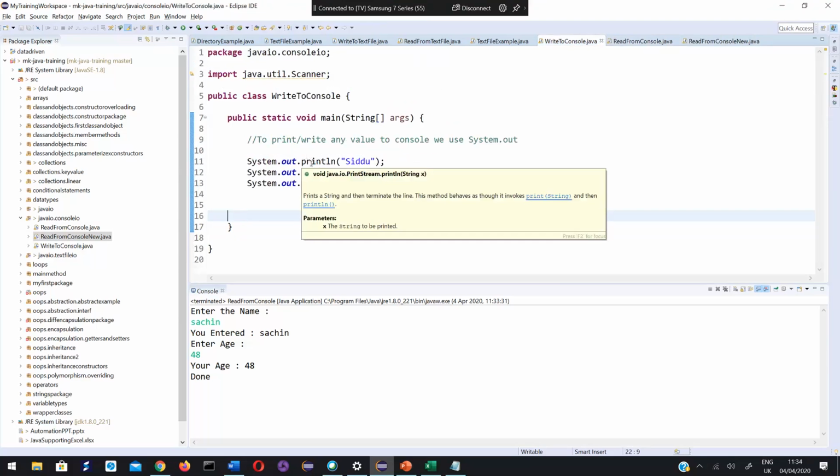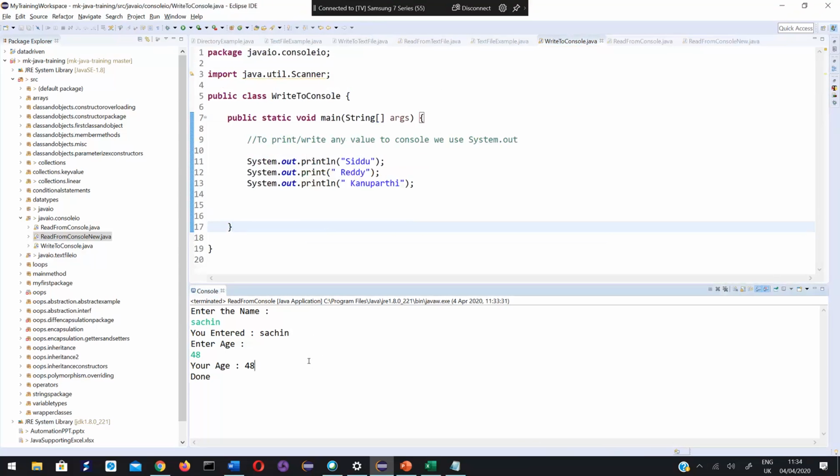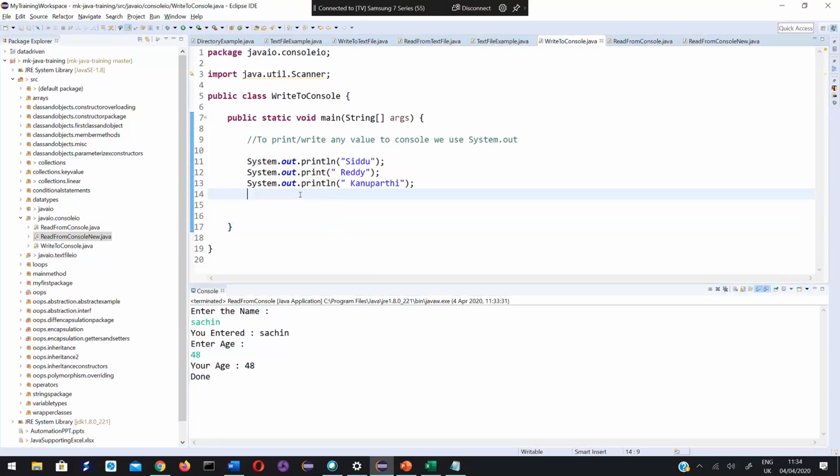Reading from console, we hardly use this. From console means from Eclipse, particularly. When we are using an IDE like Eclipse or IntelliJ, for some reason, if you want to take values from console, then we use this.